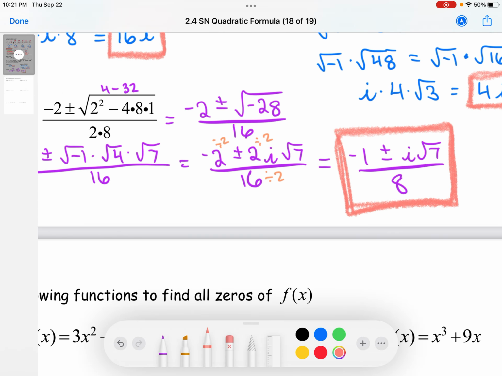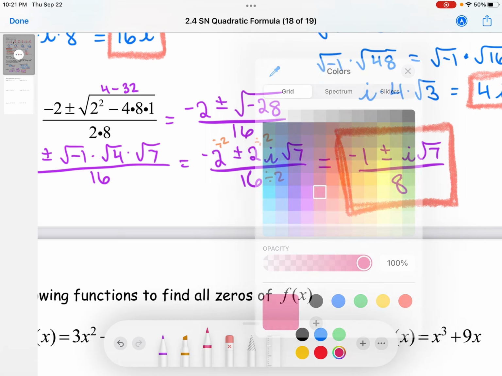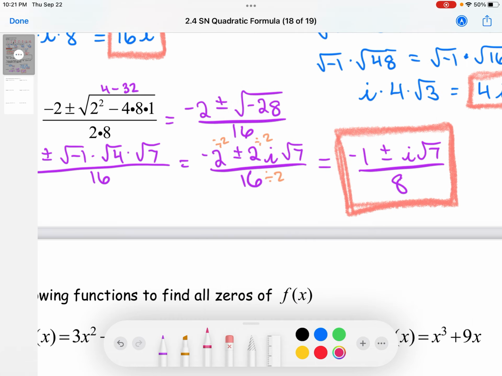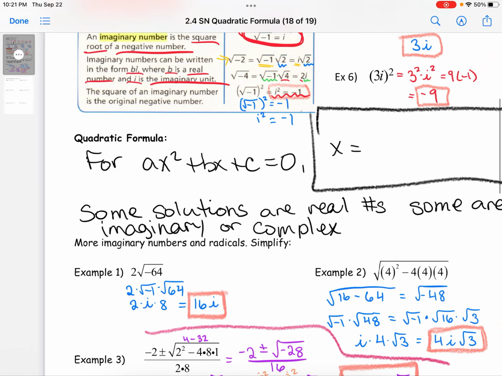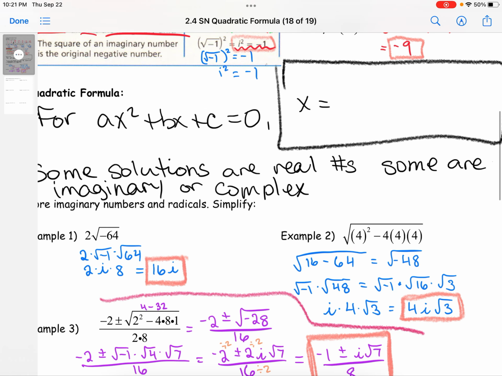Now, if you're looking at this and going, I know I've seen this somewhere. Miss Seifert, just tell me where I've seen it before. Okay, I'm going to tell you where you've seen it before now. This is in the format of what we call the quadratic formula. Okay, the quadratic formula